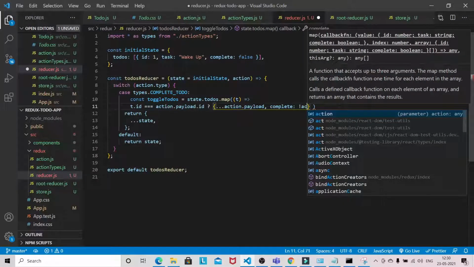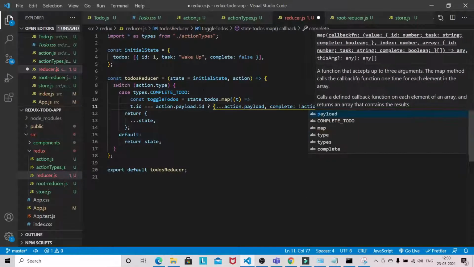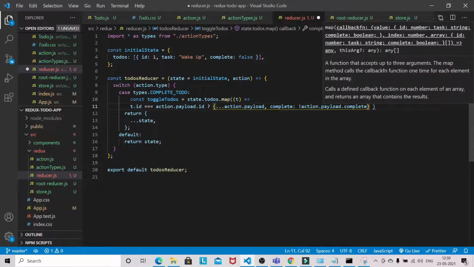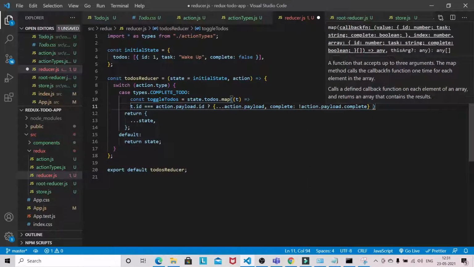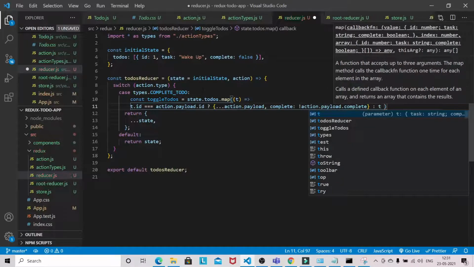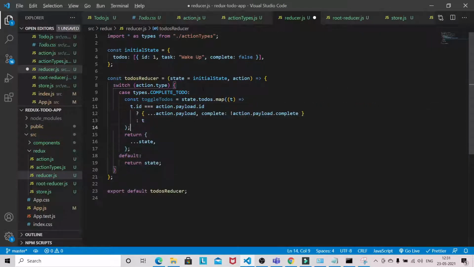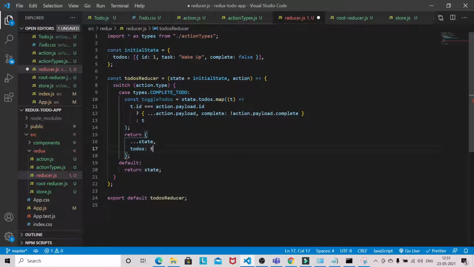Okay, so here we are just doing a toggling. Else, if it's not matched, just return it as it is. So here we are just doing a toggling. If it is false, then it will become true. If it's true, then it will become false. Okay, now todos, toggle todos.